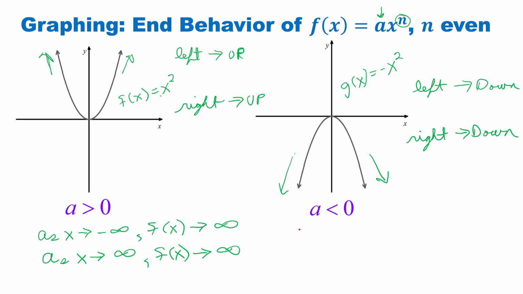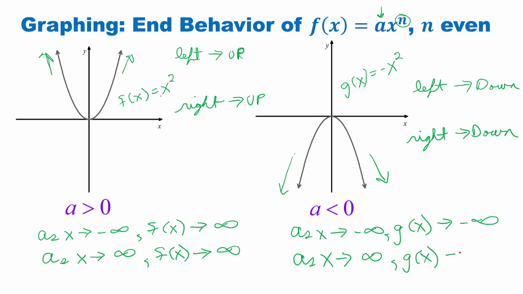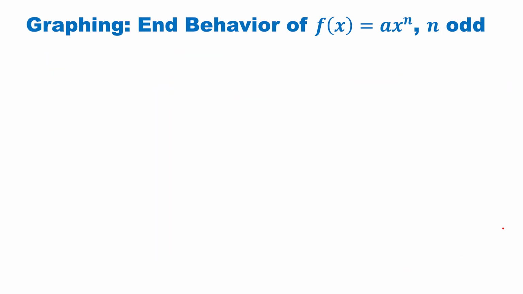We would write this as x approaches negative infinity, going to the left, g of x approaches negative infinity, and as x approaches positive infinity, going to the right, g of x approaches negative infinity as well. Looking at the other case here, where we have f of x equals a times x to the n,